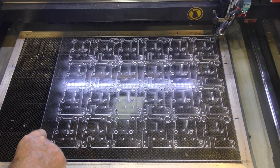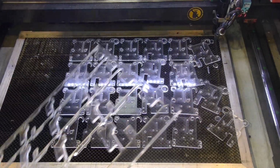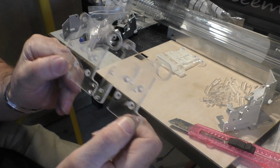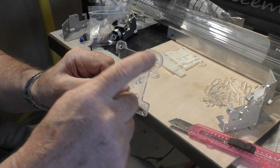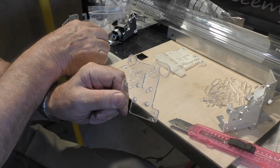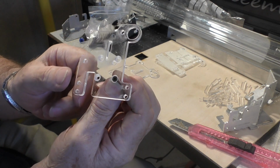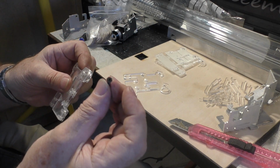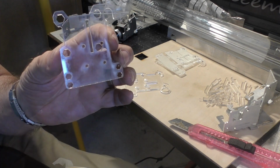Well, there's the first 12 sets. Okay, now these two pieces that we've just cut require a little bit of work on them. This one, with the hole in it, has got to have 4 countersinks in those positions there to take M3 countersunk screws, and that will be an M3 by 10 millimeter long countersunk screw. This other plate,